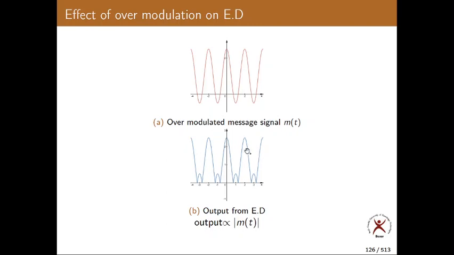So this is what happens. This is called envelope distortion. There is a distortion. Actually it should be like this, but the output is like this. Positive remains positive, but negative becomes positive, so a mod operation is happening. We are getting the mod of m of t, not m of t. The mod of m of t will never be equal to m of t, because you are missing the negative regions. So it will never be proportional to m of t. This is not a faithful recovery, and that's why demodulation is not correct in this case.